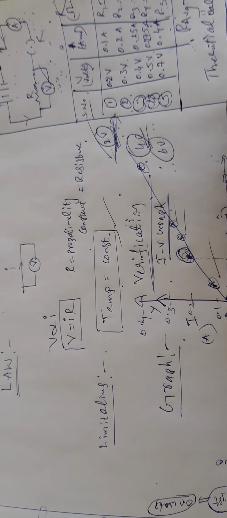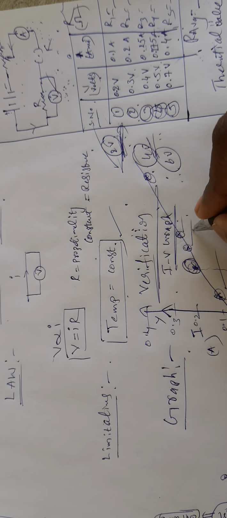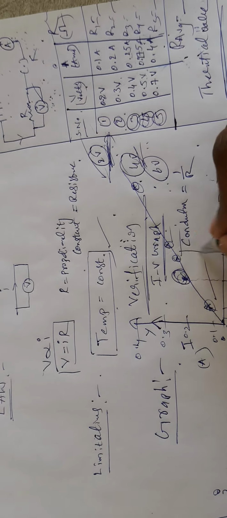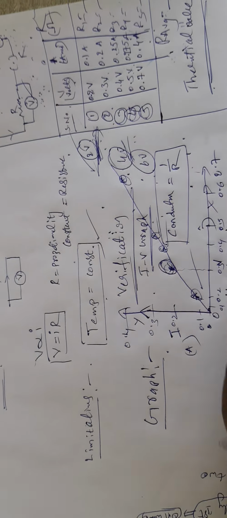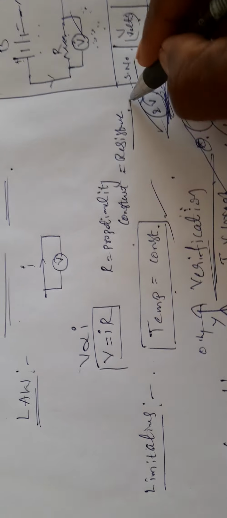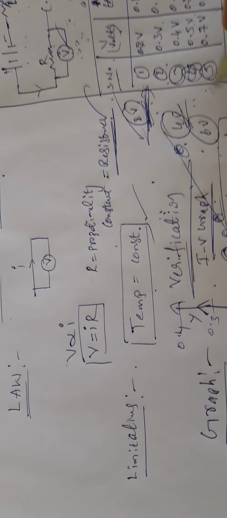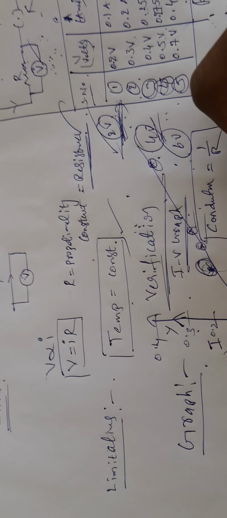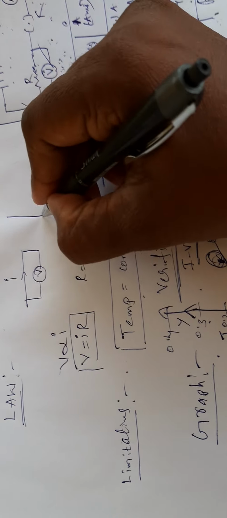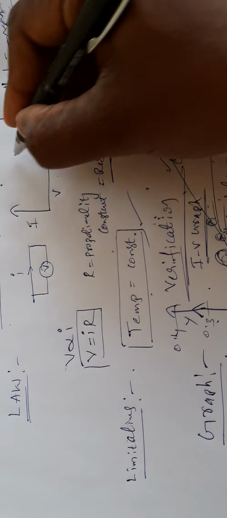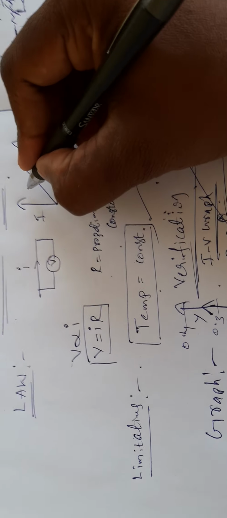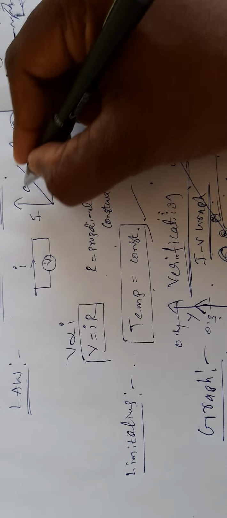That's why the I versus V graph gives the conductance. What is conductance? It is equal to the reciprocal of resistance. Indirectly here you are finding the resistance. As per Ohm's law, resistance is the proportionality constant. If I increases, V also increases, as this graph shows. Whether it is I versus V or V versus I, you should get slanting straight lines. This is conductance, this is resistance.